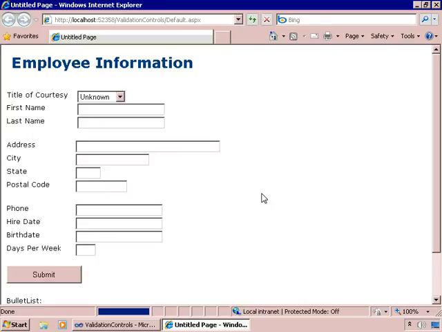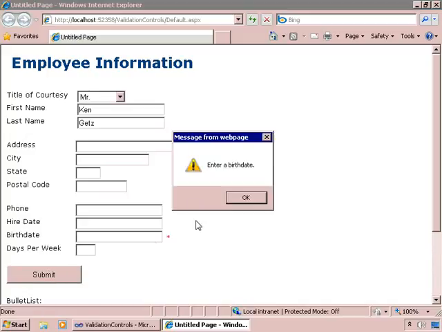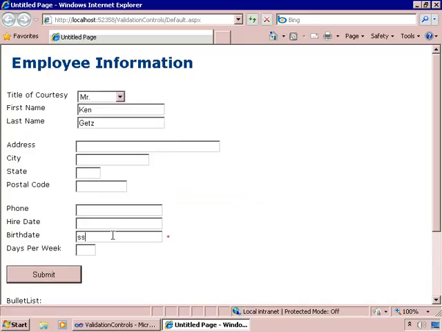Enter things in the required fields. Now, of course, the birth date is a required field, so we can't submit without putting something in there. But if we enter something that isn't valid, you can see that the client-side scripting caught the fact that we entered something that couldn't be parsed as a date. If we enter something like,